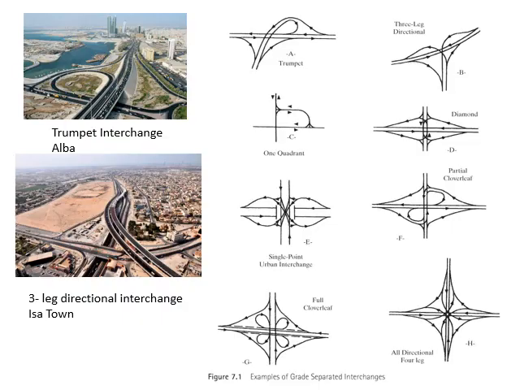These are different examples of grade separated with ramps intersections, or what we called earlier as interchanges. I managed to find real examples for some of them from Bahrain as well, so I included them here. These interchanges can be further classified according to the direction and provision of the ramps. For example, you see the first one is called a trumpet because the shape of the interchange looks like a trumpet.